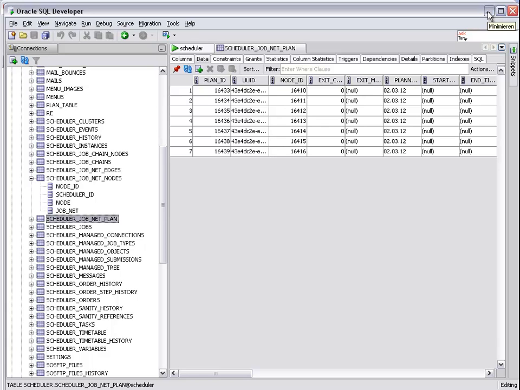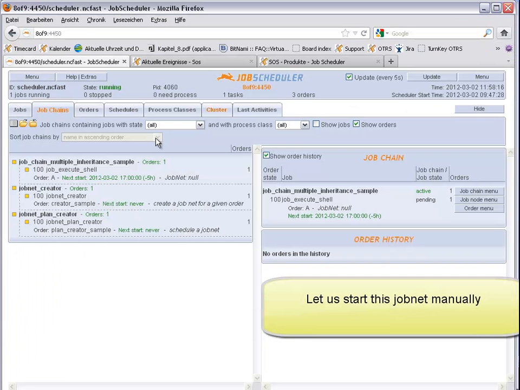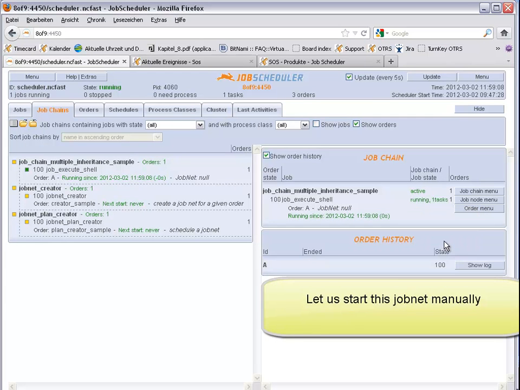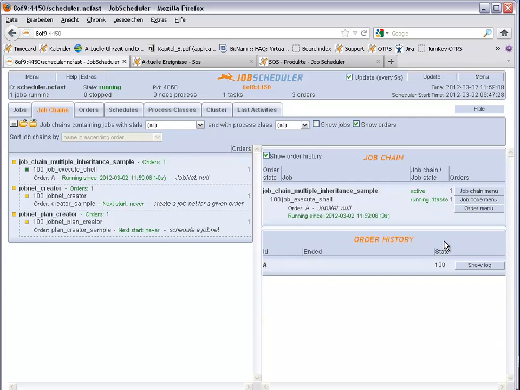This bootstrap order starts, and with it the jobnet is started. In this example, the jobnet is started manually, and you can see here that the job ID A is first